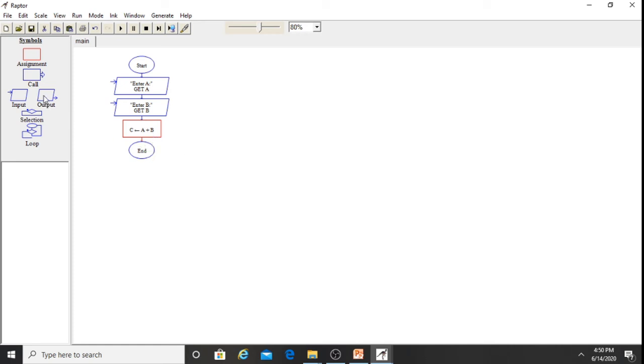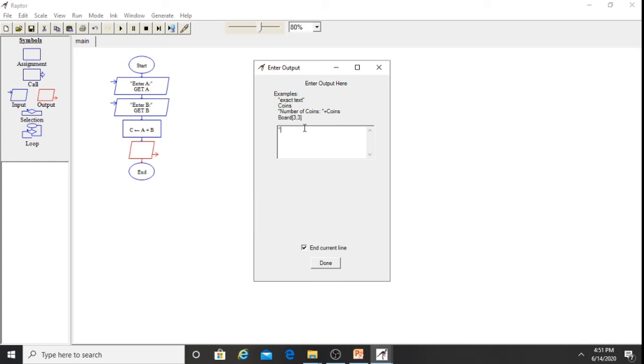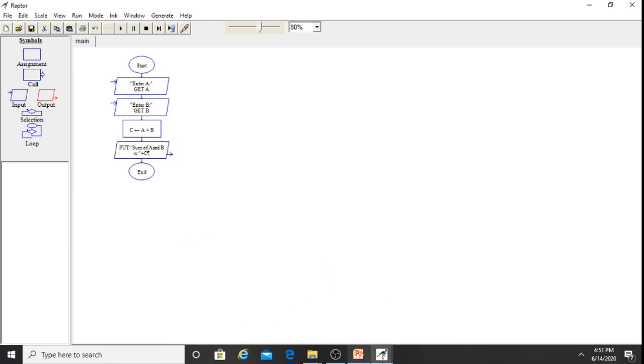Now we want to display the result C. What do we have to use? Output. So drag and drop here. Again right click, edit. "Sum of A and B is" plus C. Done. This is the flowchart you got for adding two numbers. Now see this symbol. If we click on this symbol, you can execute the flowchart.